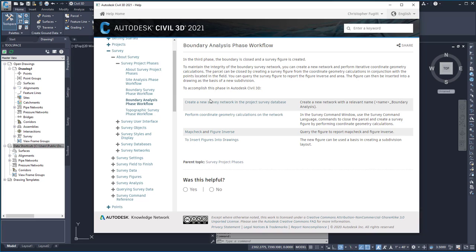In the third phase, the boundary is closed and a survey figure is created. To maintain the integrity of the boundary survey network, you can create a new network and perform iterative coordinate geometry calculations. The parcel can be closed by creating a survey figure from the coordinate geometry calculations in conjunction with the points